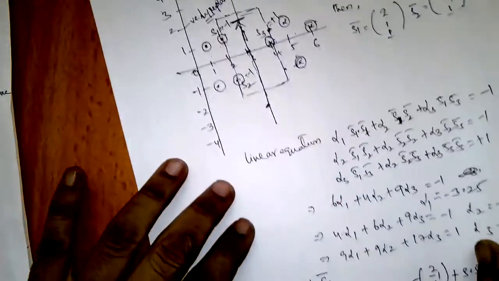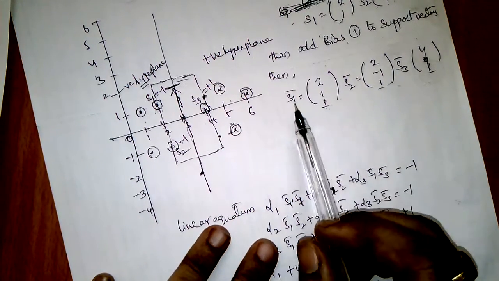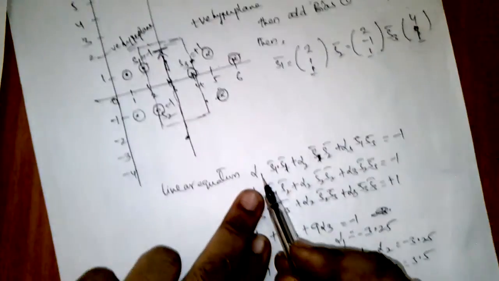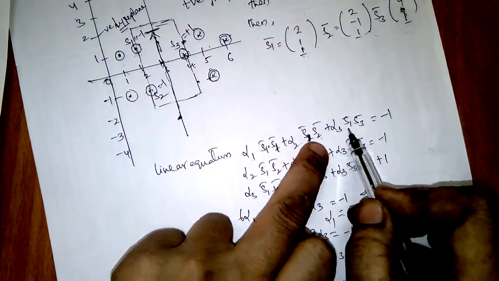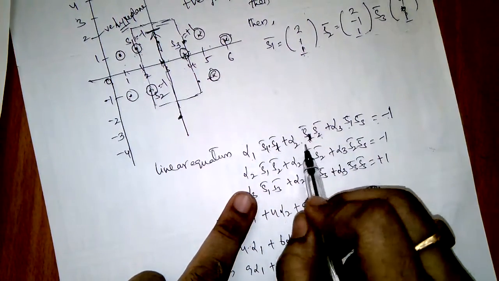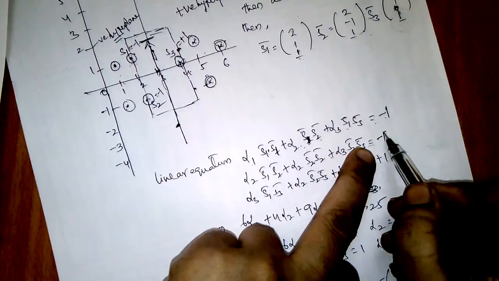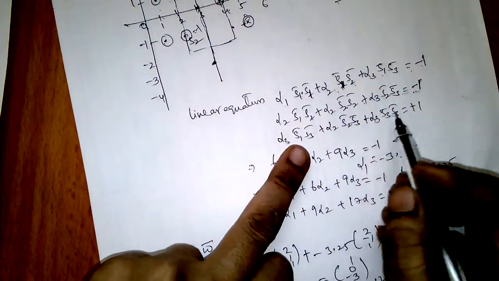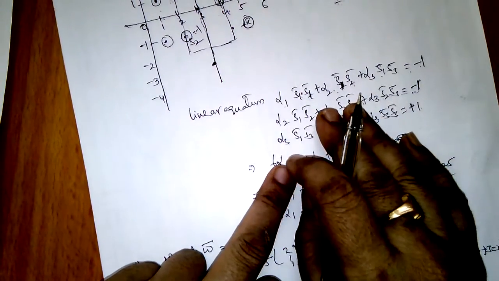Next, you find the linear equations for s1, s2 and s3. Alpha 1 s1 times s1 plus alpha 2 s2 times s1 plus alpha 3 s3 times s1 equals -1. Why is it -1? This is for s1. Similarly for s2, and this is also -1, because this is also a negative class, and for alpha 3 this is the positive class. For this linear equation we have to find the values.